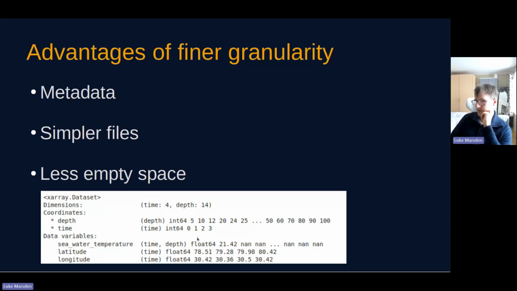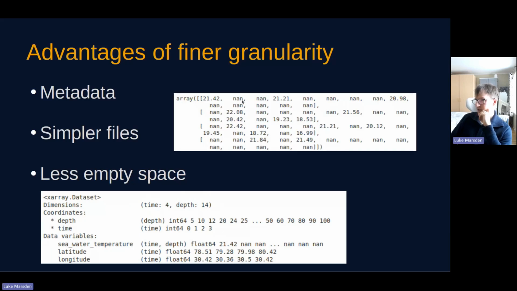Perhaps the seawater depth is different at different places. Perhaps you just are interested in different depths. And that means that if you have your seawater temperature like this, you end up including a lot of not a number values in some cases. So this is inefficient in terms of space, and let's face it, it's just not nice to look at or use.